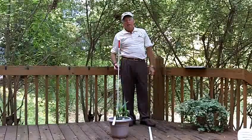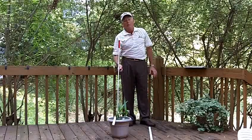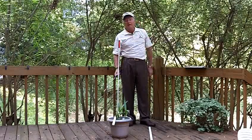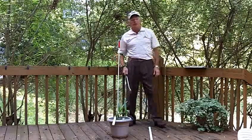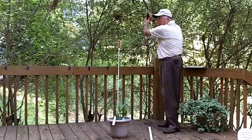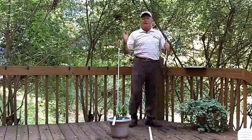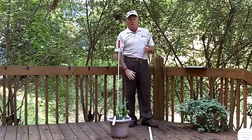So I hope this little addition of putting the aiming line on top of the flower pot here gives you a better example or a better picture of what I'm talking about, and I think it is a great mental visual aid for your mind to make your body do what you want the club to do, which is go in the mitt and up the tree vertical in the backswing to a light club, and in the mitt and up the tree vertical in the forward swing, and control it and give you just the right amount of rotation of your forearms and your hands to make the club stay